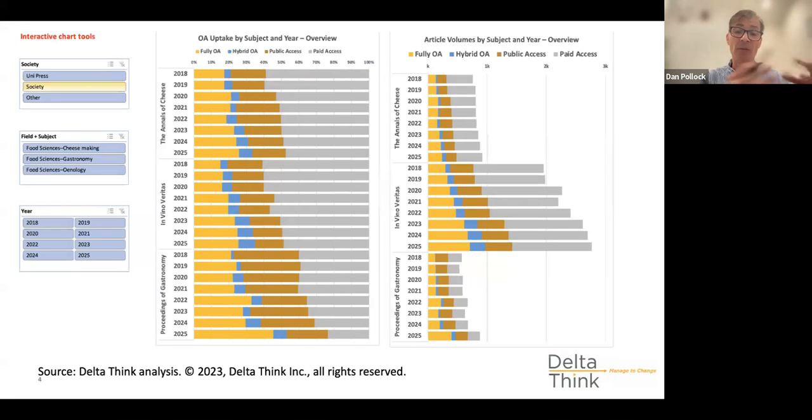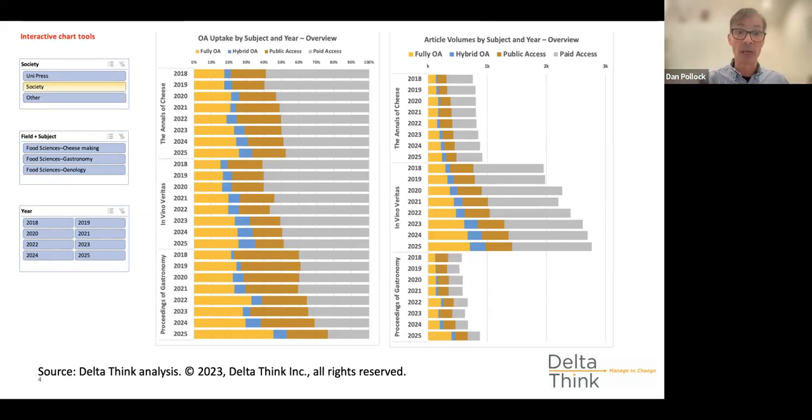And that's something we think is quite useful. It's not always easy to get that from some of the online tools, because a lot of the online tools you'll normally go to are measuring retrospectively. So that frames things in the middle chart, and then we can start to accelerate as we get into things. If we look at the right chart, it's basically the same stuff, same colors, same breakdown, but the other flip side of all this is, as well as how much happens within a particular journal, you might also want to know how big that journal is, because we've often found there's a trade-off. You may have something that's very popular, but if there's very, very little of it, it might make very little difference if you make any changes, or vice versa.